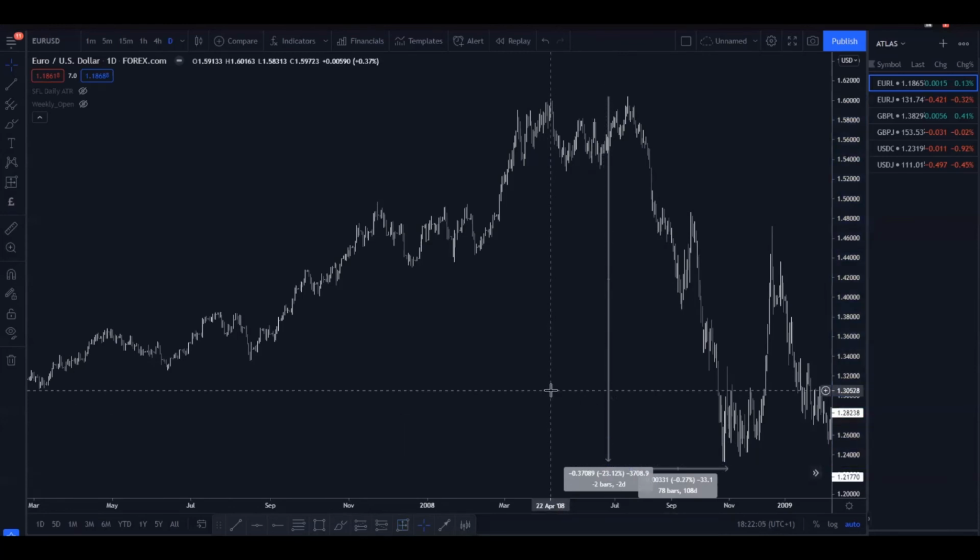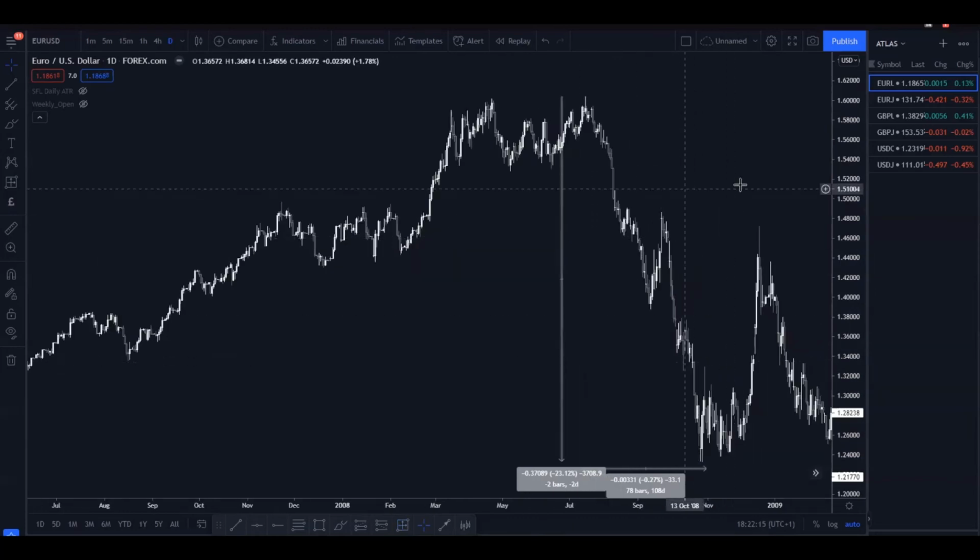The financial crisis was a much more deep-rooted issue, which caused all the economies in the world to suffer heavily. Euro dollar hasn't traded anywhere near the 160s ever since. So you can argue that the economies of the euro area compared to the US haven't had the strength to even trade anywhere near those numbers.